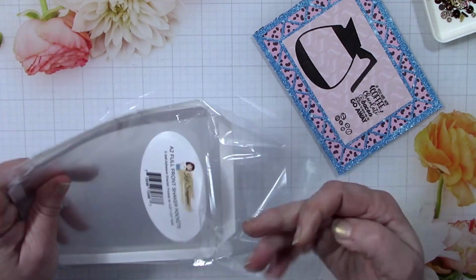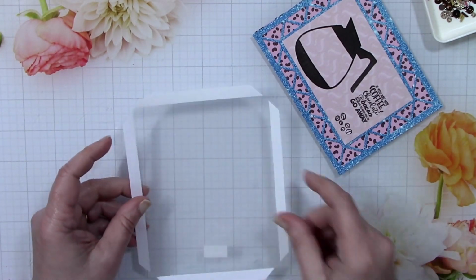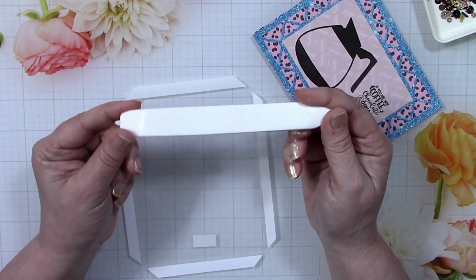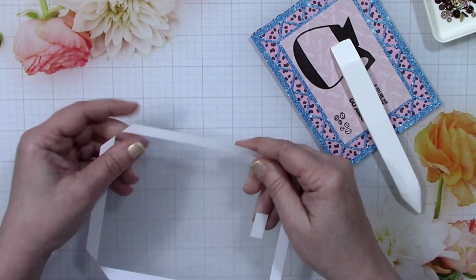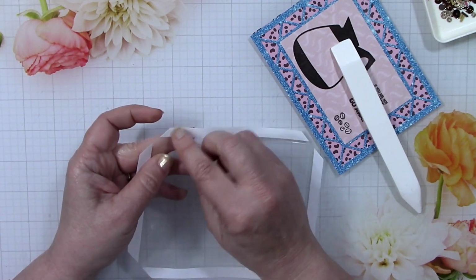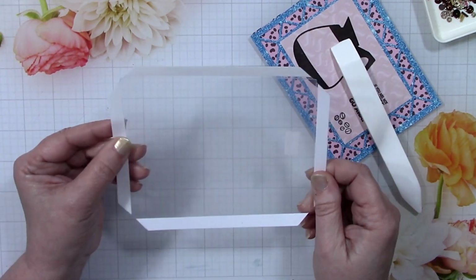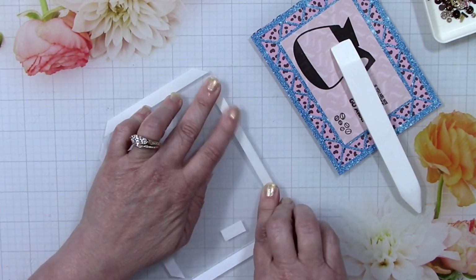And pull out one of these shaker fronts. Now personally, I like to use a little bone folder. You can get one like this from the Kat Scrappiness store as well. But to prep this, you need to know which side has the adhesive. Now this has already got two-sided adhesive. You just need to peel off the backing in order to